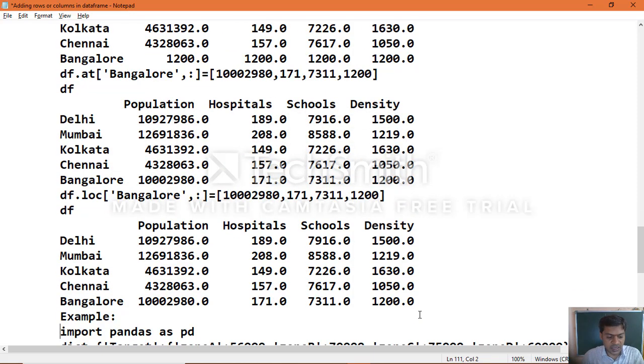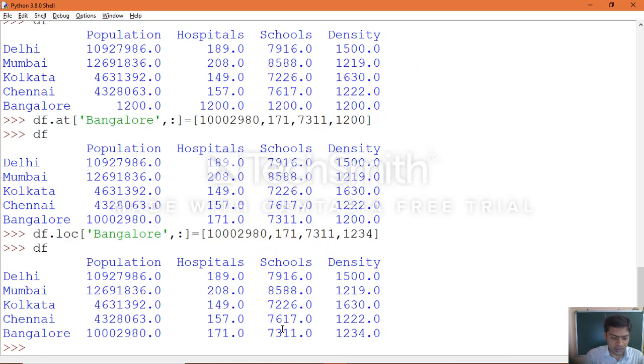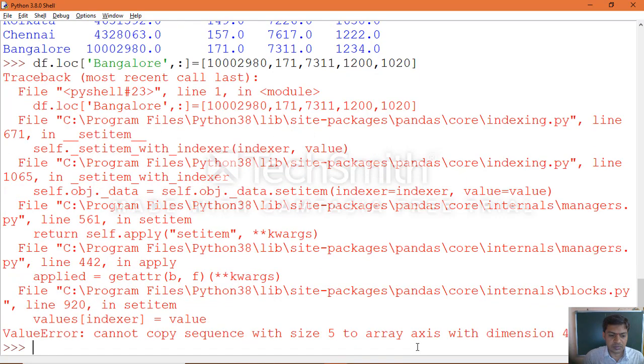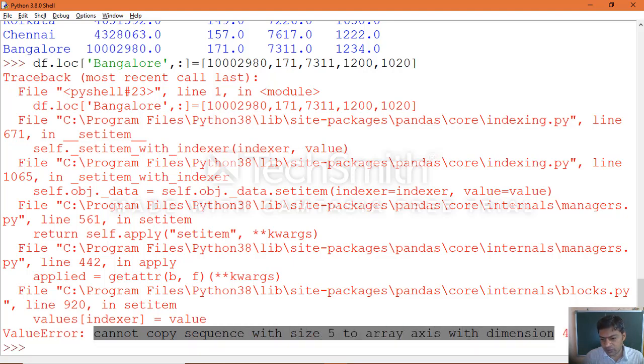Okay, now we'll see what happens with a row when you try to give more values than were specified. The number of columns is 4, but we are trying to give 5 values for that particular row. Then see the error. It is a ValueError: cannot copy sequence with size 5 to array axis with dimension 4.